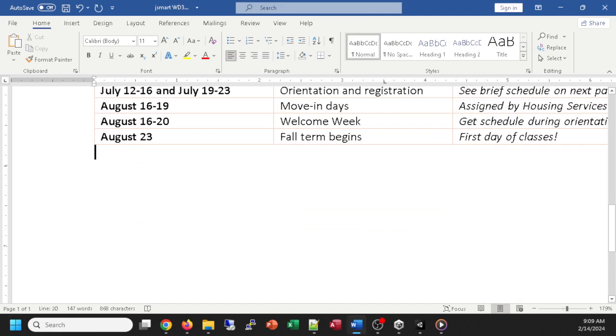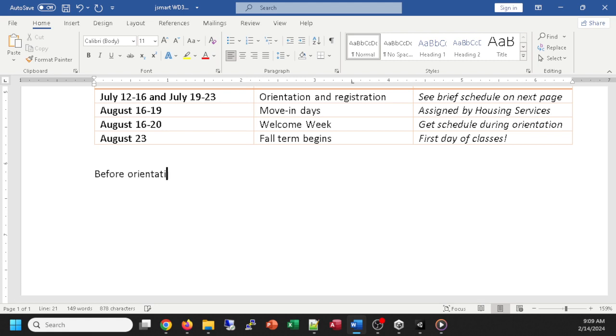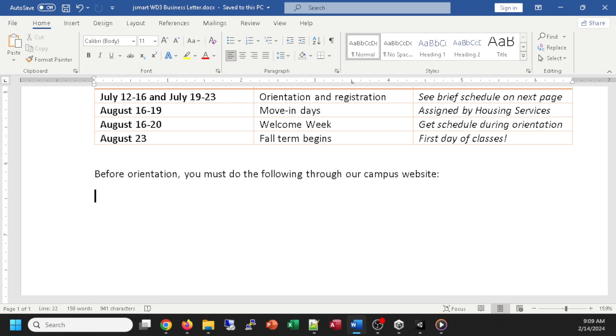and we're going to insert some more text. An extra paragraph, hit enter, and now we're going to end our letter, preparing for the next page, and then we'll be done here. Before orientation, you must do the following through our campus website. Save it there. We will continue this and do SmartArt on the part 2 of this, where you can really